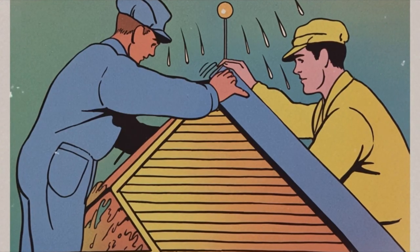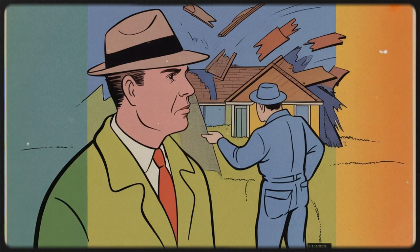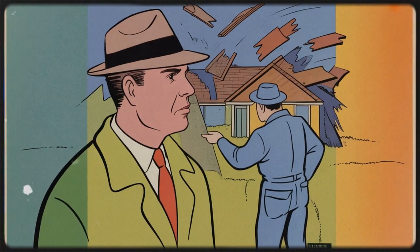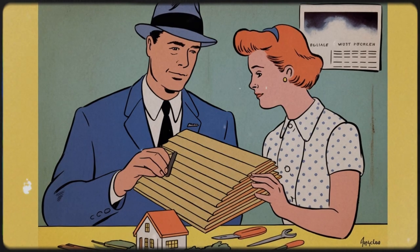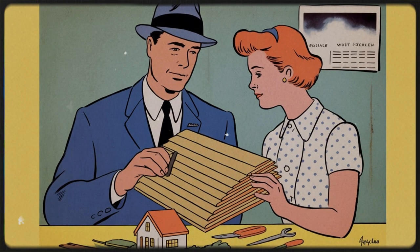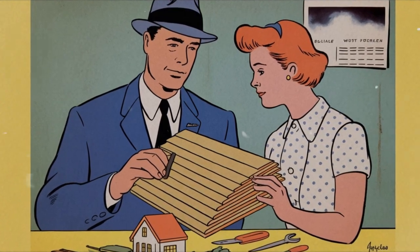Home builders in hurricane-prone areas had long struggled with materials that could withstand extreme weather conditions. Traditional roofing materials failed under high winds and driving rain. Siding materials warped, rotted, or corroded, depending on their composition. Insurance companies were increasingly reluctant to cover homes in areas prone to severe weather unless they incorporated materials proven to withstand extreme conditions. Fiberglass offered solutions to many of these problems, but required modifications to make it suitable for residential